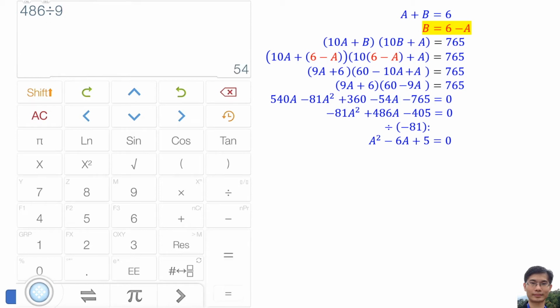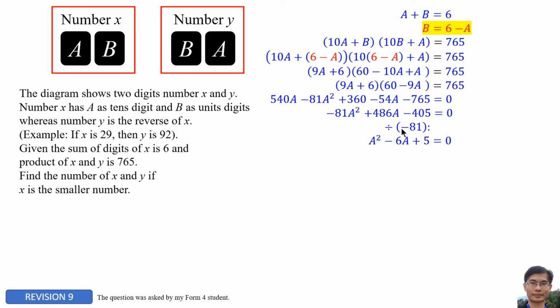54. The sum of digits of 54, 5 plus 4, is equal to 9. So 54 can again be divided by 9. So we divide again by 9. So we get 6. Next number, 405. 4 plus 5 is equal to 9. Means that 405 can be divided by 9. So 405 divided by 9 is equal to 45. And 45 can be divided by 9 again and get 5. Why do we divide the negative numbers? So that we can get the positive coefficient of a squared, so that we can factorize the equation much easier.